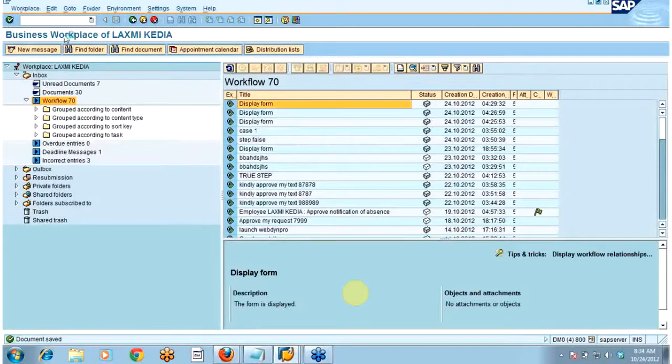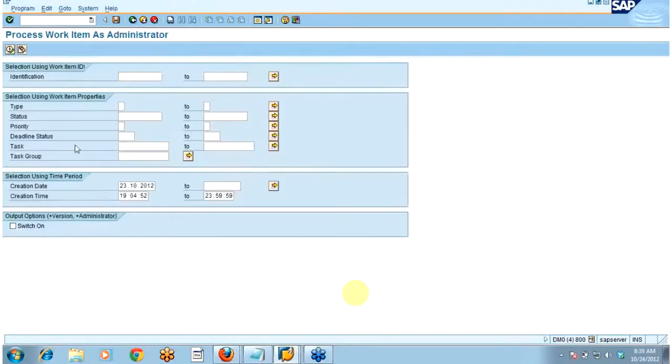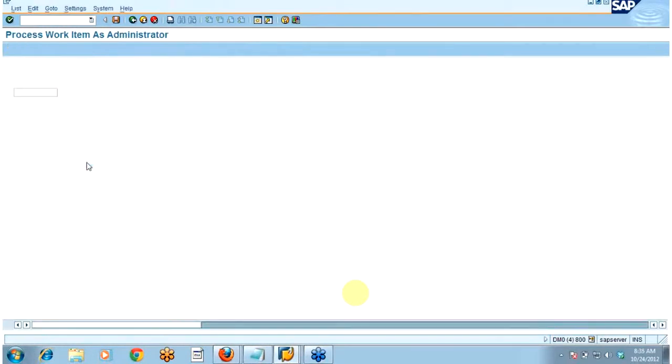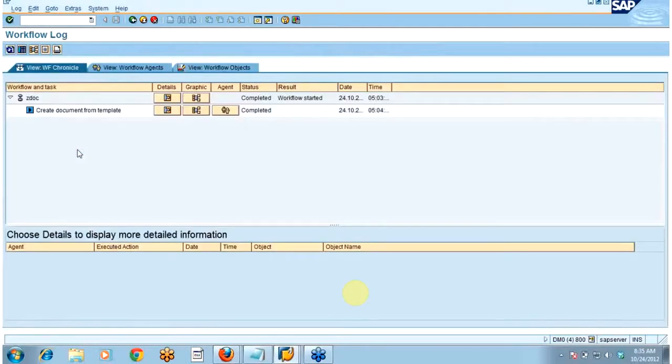So I have saved it, and if I want to see the changes, going to SWIA, I'm going to the technical log.